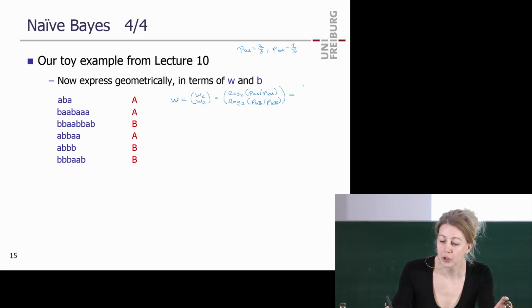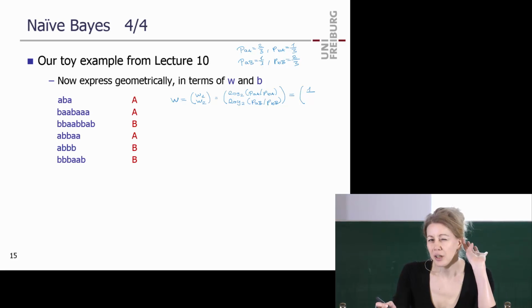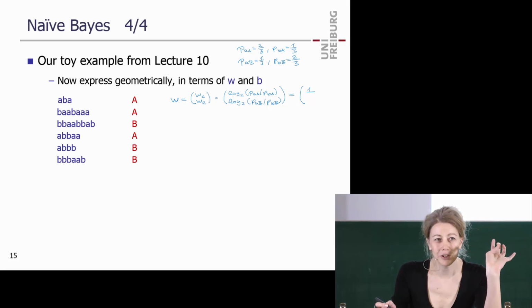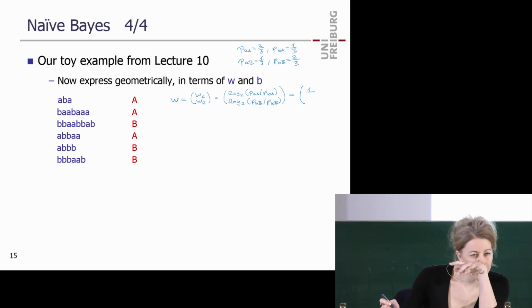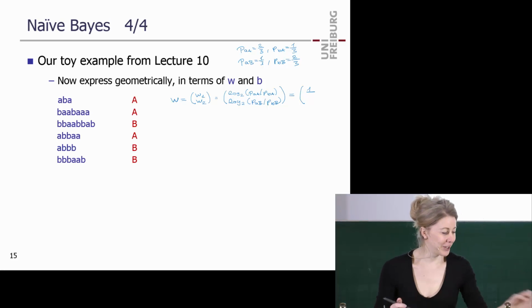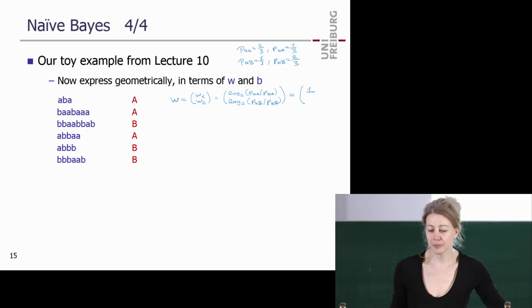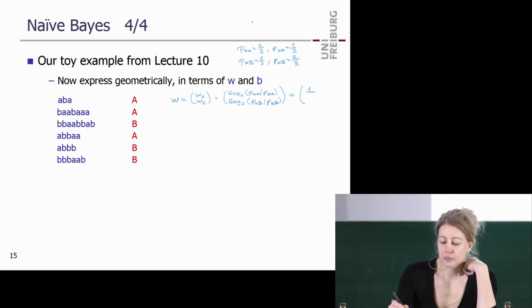It's 2, log 2 of 2 is 1, right? And the other thing was the other way around. It's 1/3, and this was 2/3, so it's 1/2. And log 2 of 1/2 is? What's log 2 of 1/2? You don't need a calculator. You look like you are listening, but maybe it's just a trick. What's log 2 of 1/2? -1, thank you. It's -1, yeah? 2 to the -1 is 1/2.